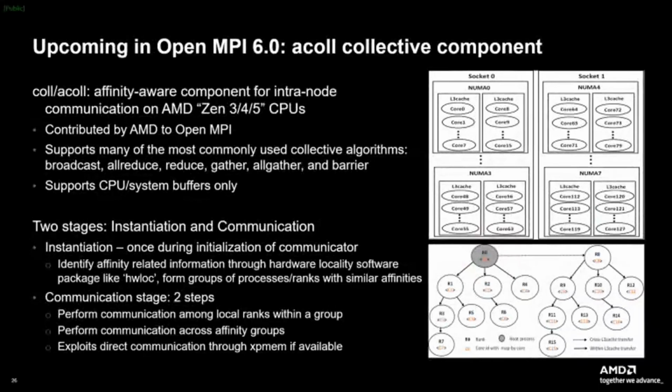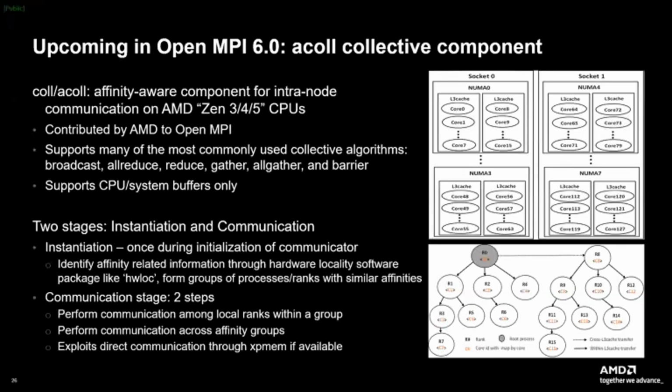So there's a new component in OpenMPI that was also contributed by our CPU team, the ACOL component, that basically allows for some specific optimizations for the Zen 3, 4, 5 CPUs, right? The Zen architectures organize the cores in groups of, I think, 8 at the moment, but that might change. So you always have a certain number of cores that share level 3 cache that can be in different NUMA domains. And basically this hierarchy is exactly what the ACOL component tries to